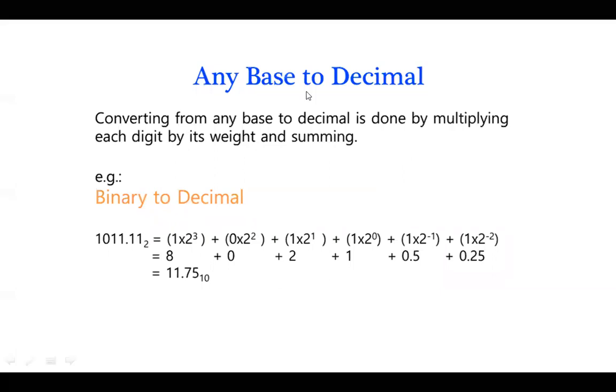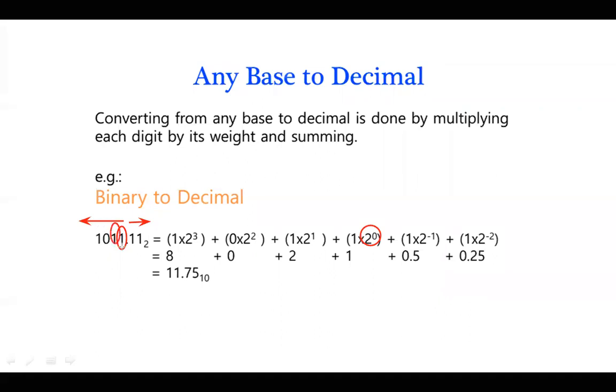So how do we group it again? Whenever we are doing the conversion, again I have to follow the same notation. Arrow is like this. So what we'll do, first I'll write this over here. Now this bit, what is the weightage the bit in the integer part before the dot has? This bit has a weightage of 2 to the power of 0. What is the value of the bit? 1 into 2 to the power of 0.